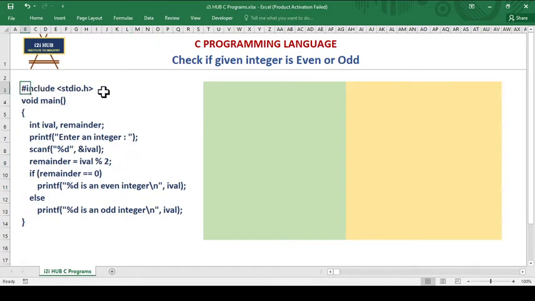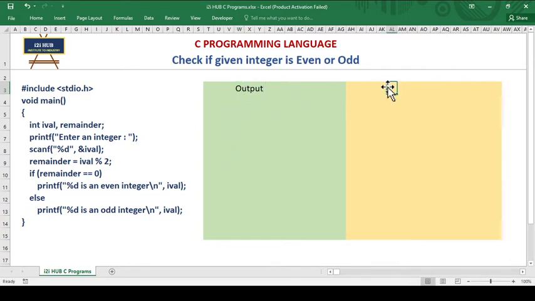So #include <stdio.h>. If there are some input output built-in functions inside this program like printf and scanf, we will get the definition of those inbuilt functions from the include stdio.h header file. Okay, now we will start the execution of the program from main. So I am starting from here. Now I have just these two colors over here. This is for output, whatever I get on the screen that I will write it here.